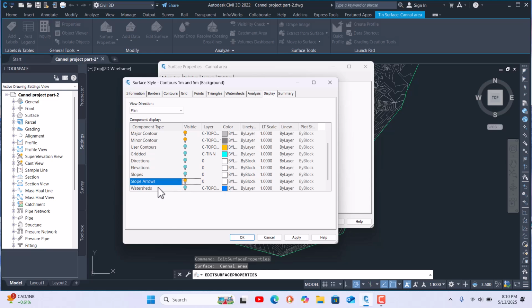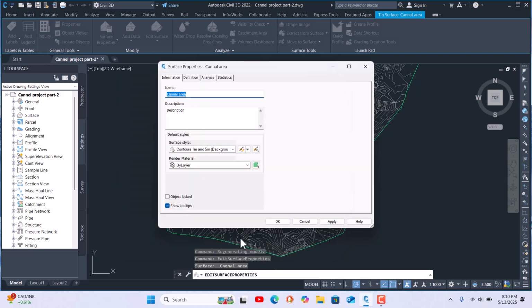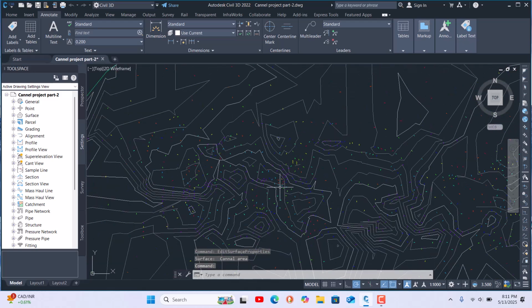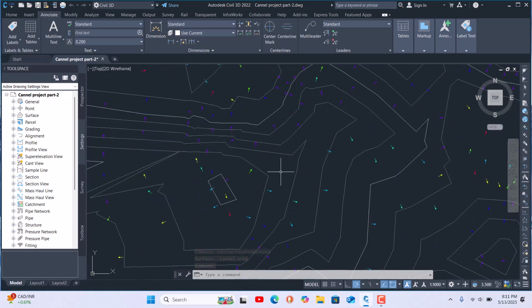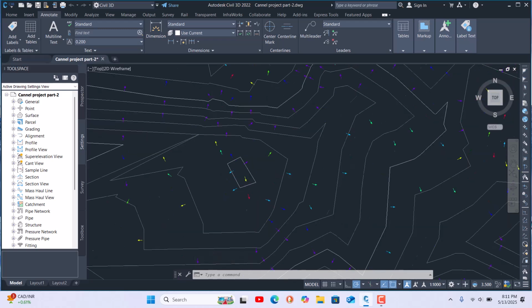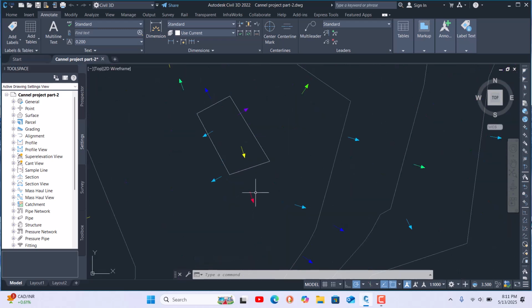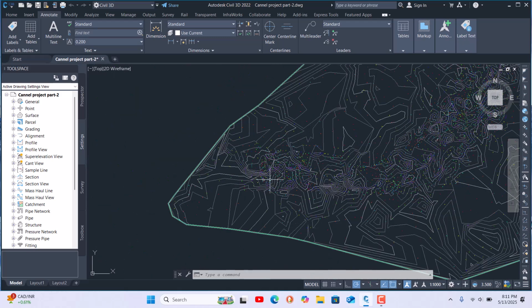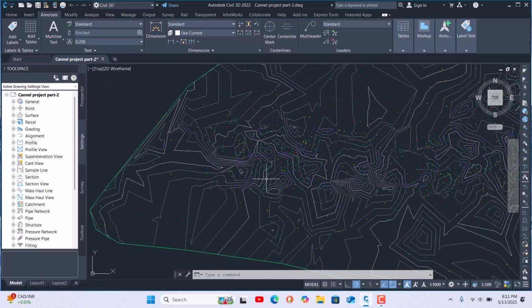Turn it on, then apply and say OK. Then you can see the slope arrows showing where the slope is going. On this side the red color is going up, this one is also up, and this arrow is going down, meaning this contour is there. Here you can see this whole area showing the arrows.